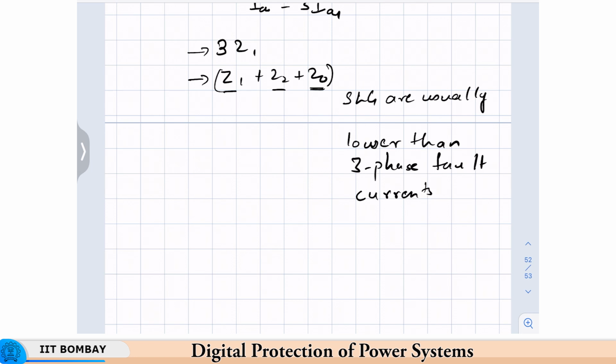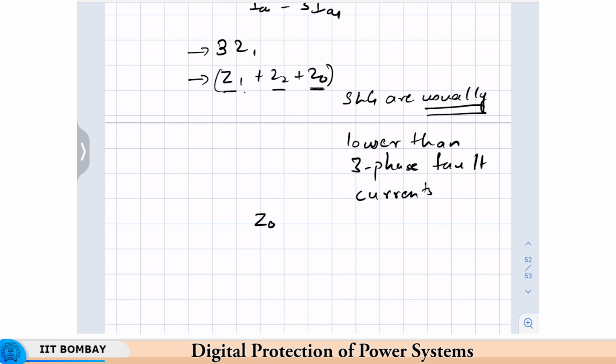I said usually, it is not always the case. You find that a single line to ground fault produces a larger current than a 3-phase fault when Z0 is very small as compared to Z1 and Z2. That is when this addition is smaller than 3Z1, and such a condition occurs very close to the generator, because if you remember